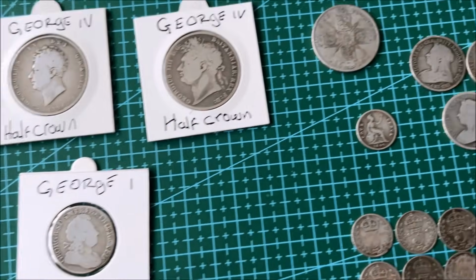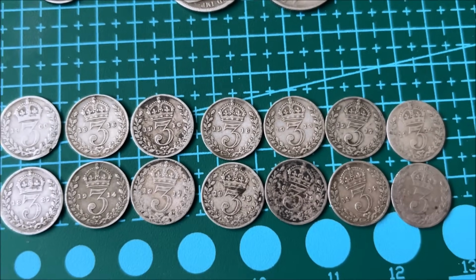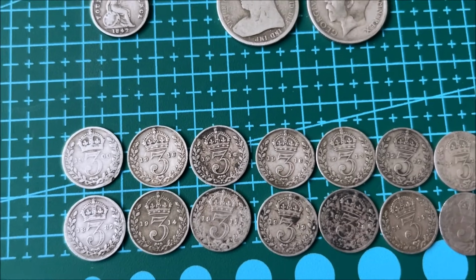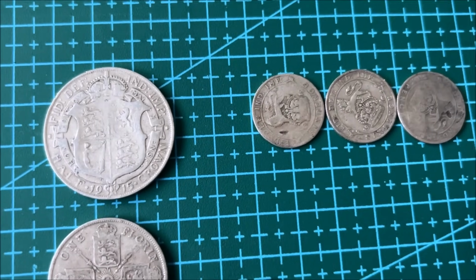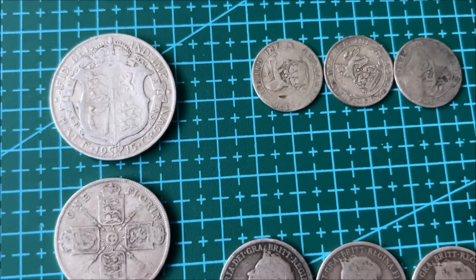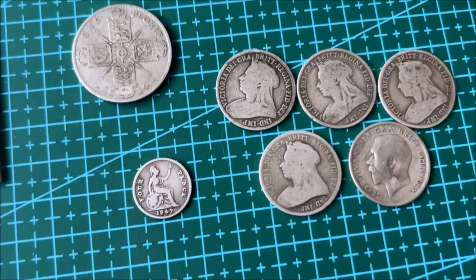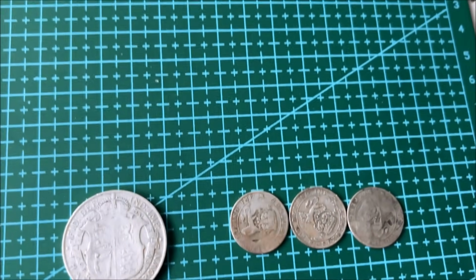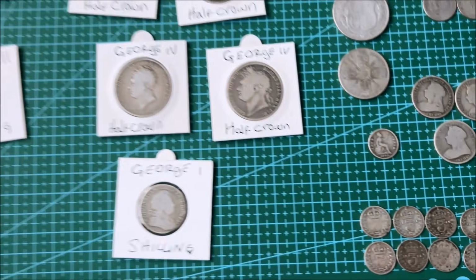I think all these were a steal for 35 quid. Like I say, this is classed as junk silver, but to me, I thought we'd rescue it. Half crowns, florins, shillings, sixpences, threepences, and even fourpences, a groat there, all for 35 quid. Right, oops, wrong way. So that's what we bought